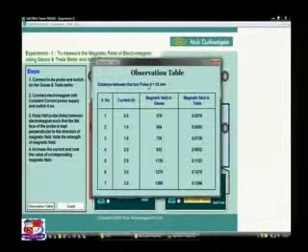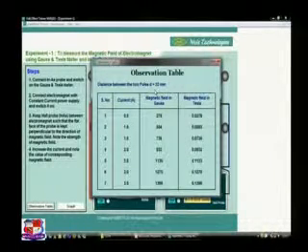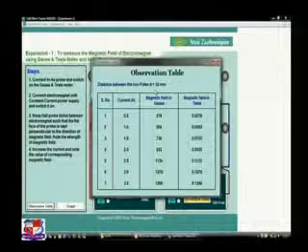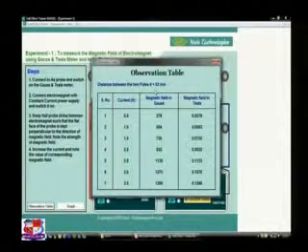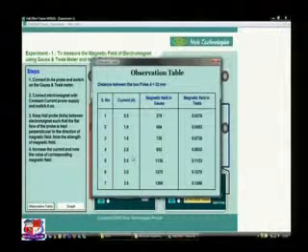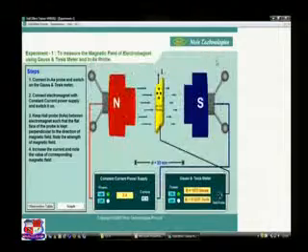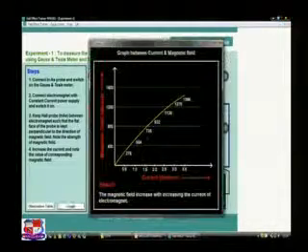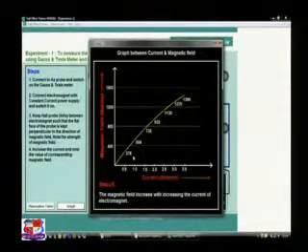Now we should also measure the distance between two poles, because the distance between two poles will also be important whenever we are measuring the magnetic field. The intensity of the magnetic field is also dependent on the distance between two poles. This is actually current in the first column, magnetic field in Gauss in the second column, and then we can have a graph, that is the graph of magnetic field versus current.